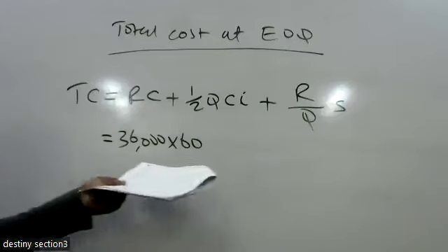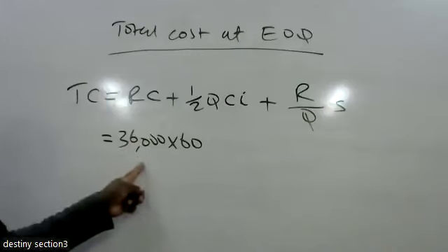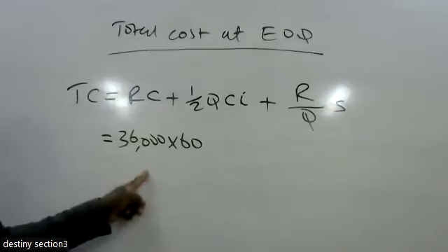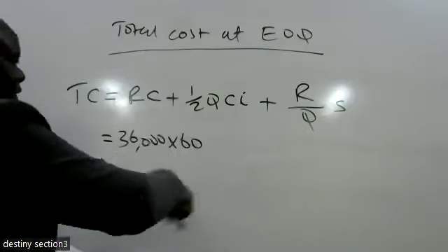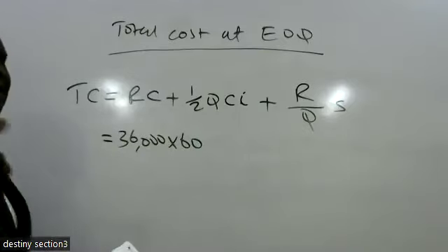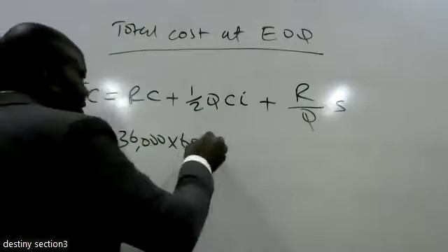So this figure has already been given in the note number 1. It is 2,160,000. I already calculated for you the R. Then C is given. Then now we add